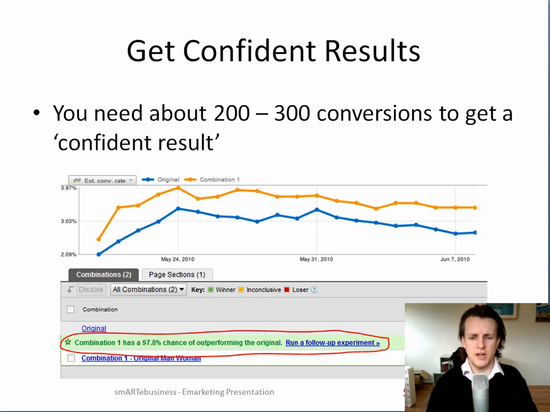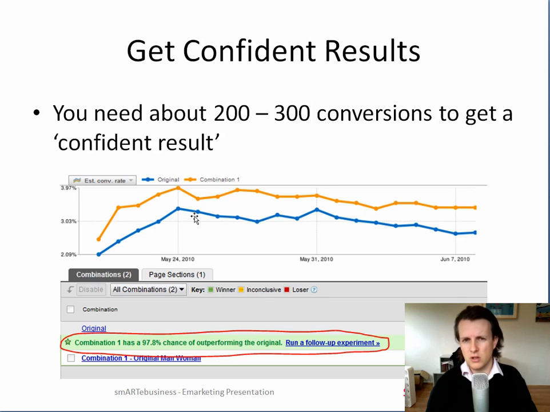Okay, so with Google Optimiser, I'm not going to go into the technical parts of the tool. I'm just going to go over an overview. If you want to learn about it, there are lots of places online where you can find out. But these are the results of how they come, and you get two lines on the screen of your results. One's orange, which in this case was the new version that I was testing, and the blue one's the original. And in this case, because the results are fairly close, we needed about 200 to 300 conversions to